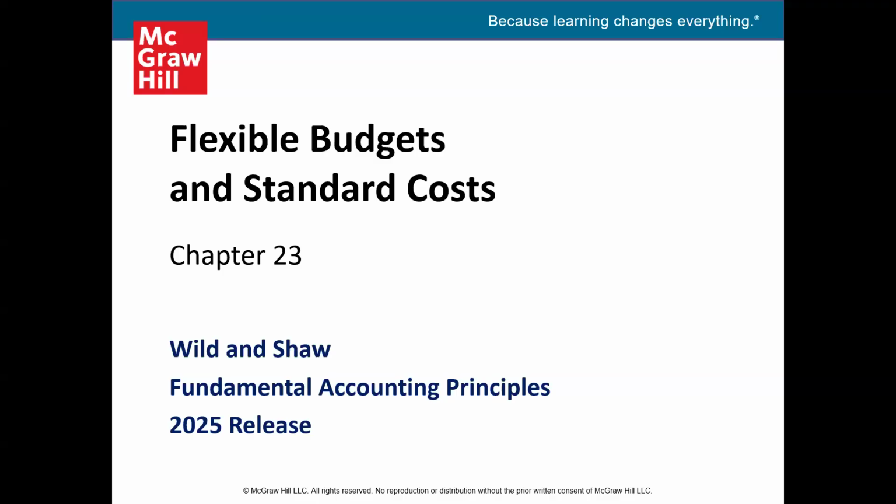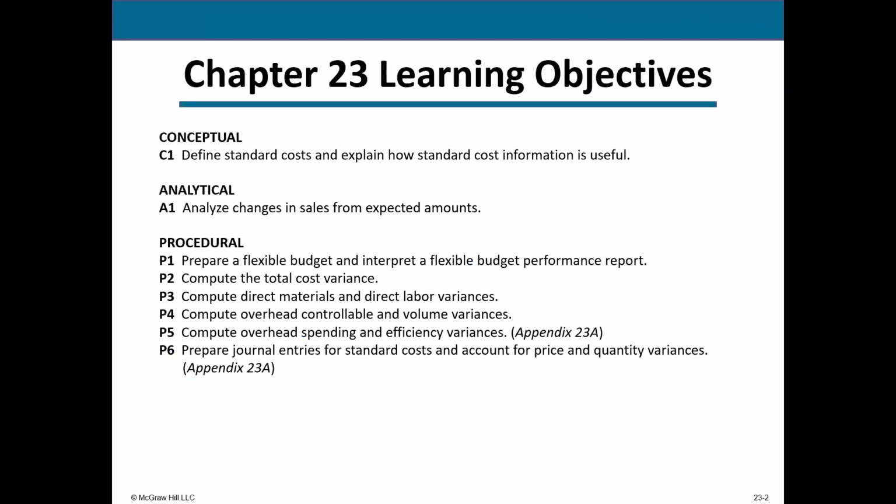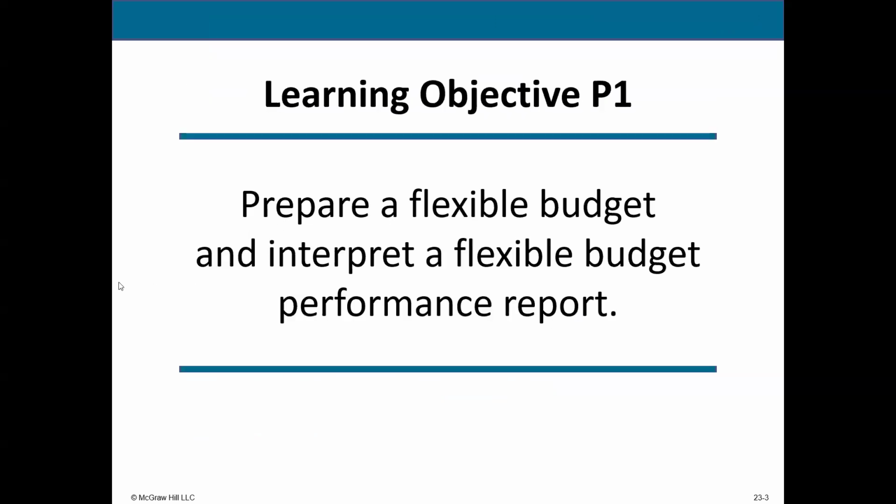So let's go ahead and jump into it. I'm going to talk to you about what standard costs are, how we prepare them, why we set them. We'll talk about the flexible budget, and how we compare that to our performance or actual results. And we're going to calculate a whole bunch of variances. The word variance just means the difference between. So it's the difference between the actual amount and the budgeted amount. So briefly, we'll talk about the budgets.